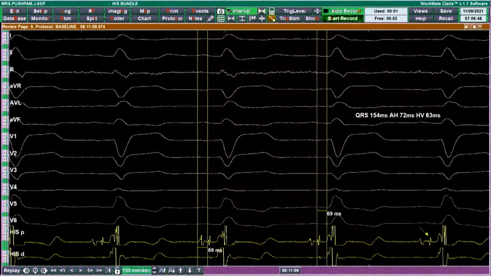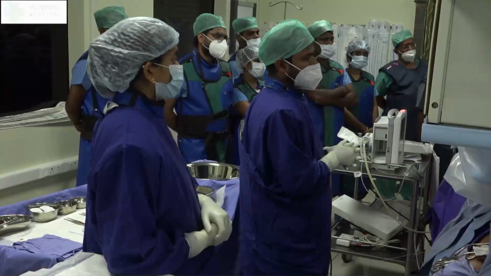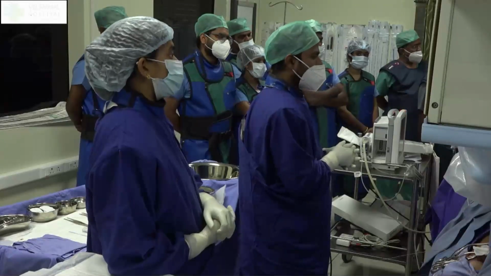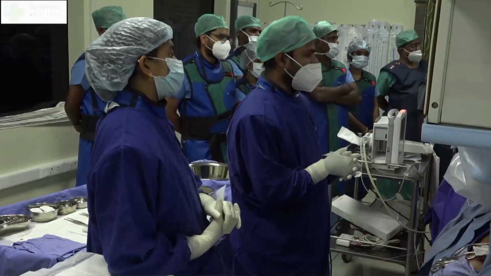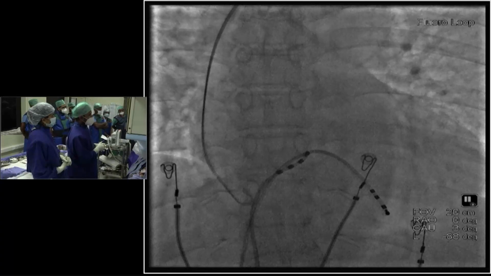So there is an RV catheter to act as a backup. You always check whether RV pacing is there or not, because whether you are attempting His bundle or left bundle pacing, if there is any iatrogenic injury to the AV node, His bundle, or the right bundle, then the patient can develop an AV block. So it is almost always better to have a backup pacing in the right ventricle in case any inadvertent injury to the His bundle or right bundle occurs. So just check the right ventricular pacing.